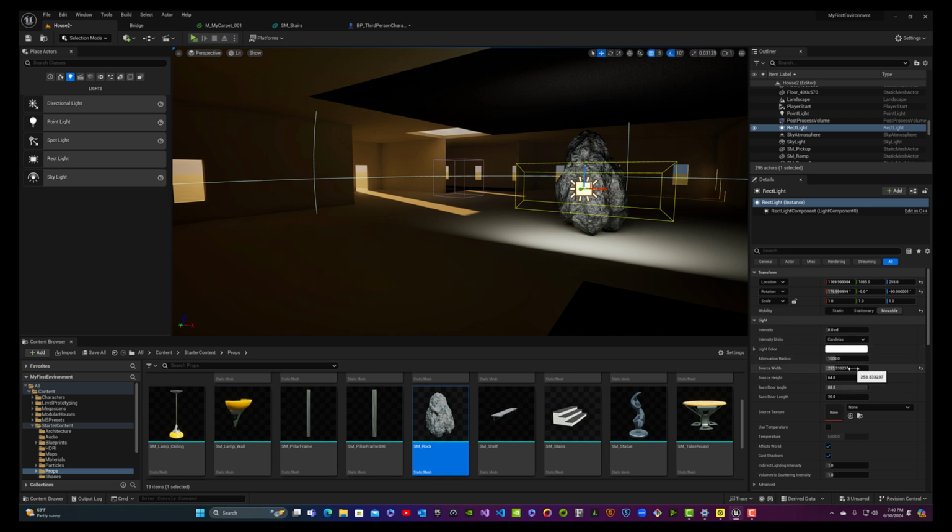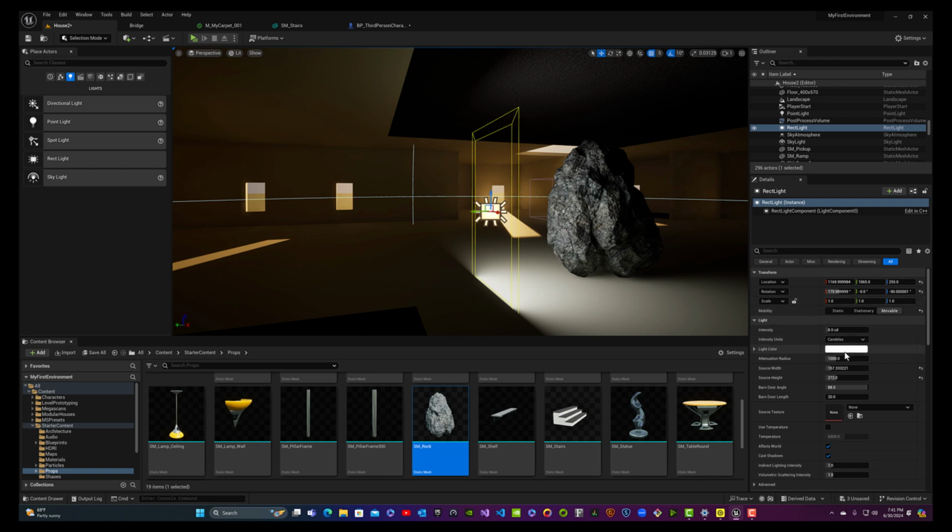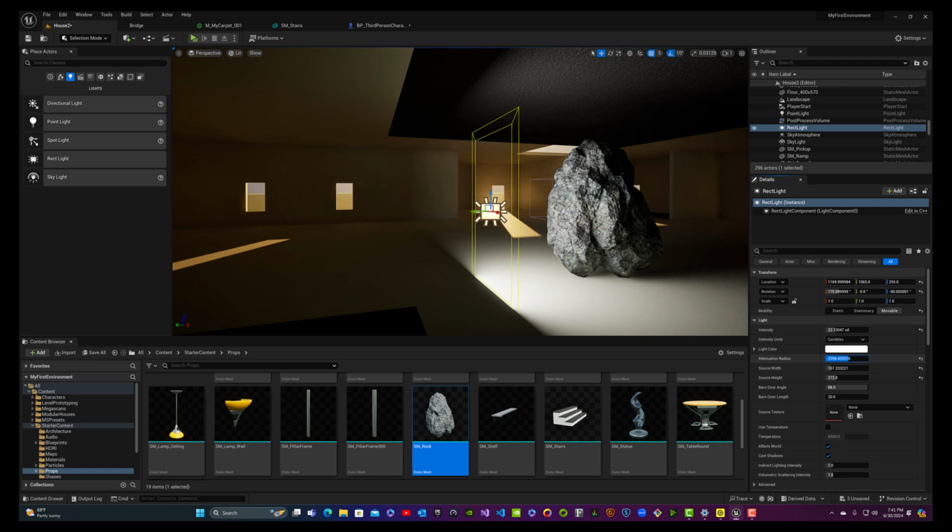And maybe I can set the width something like this, okay? And the height will determine how high it's casting light. Now this also has a radius and a brightness control, intensity I should say, just like our other lights do. And this can also be further focused because this is very much like real photography and cinematography. I think the source height might be still a little too high. So let's balance that a little bit better,